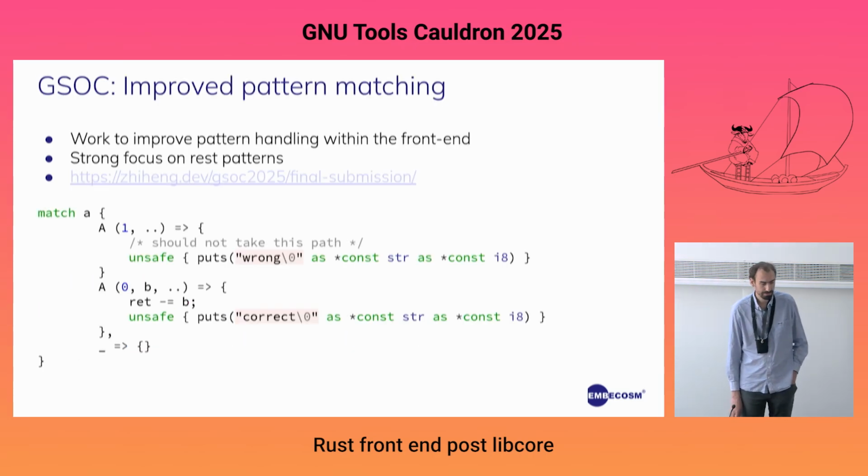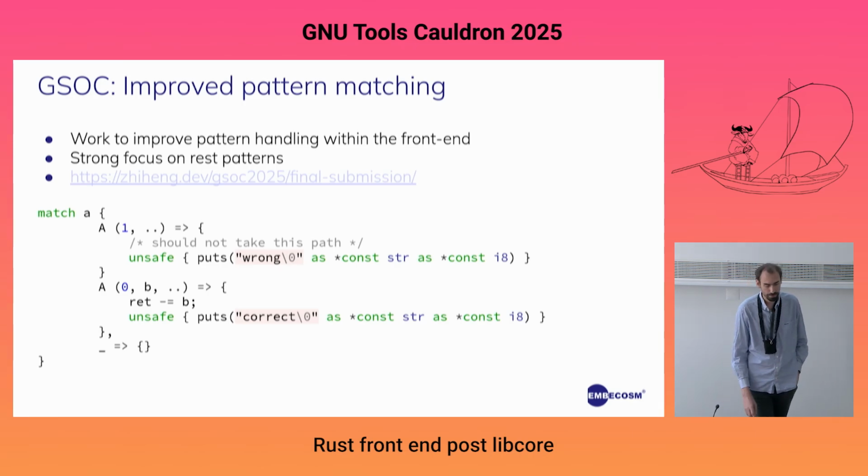This year we had some GSoC students once again. There were 2 projects. The first one was about pattern matching. We had some pattern matching, but not all kinds of patterns were handled correctly. So there was some work that was needed. Diheng, our first student, basically tried to rework our patterns, how we are dealing with them, and he implemented a lot of rest patterns.